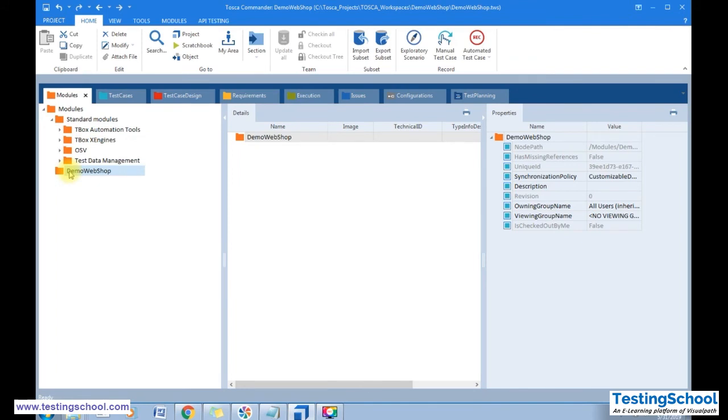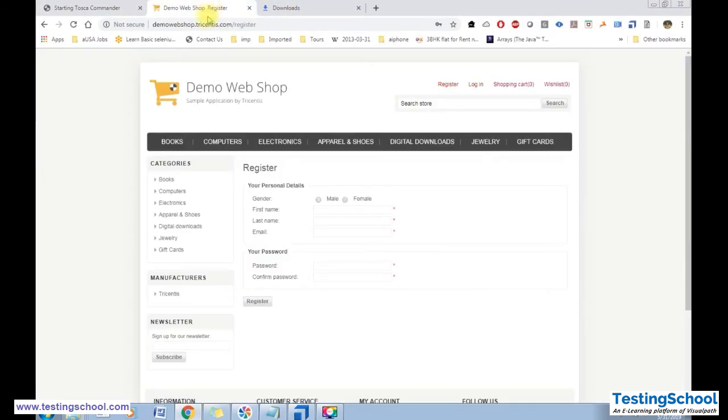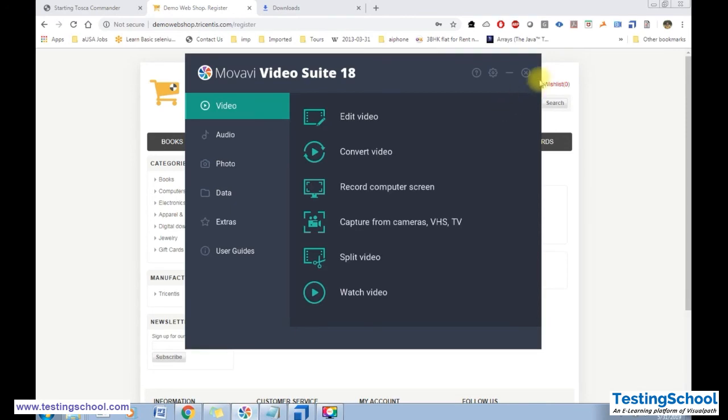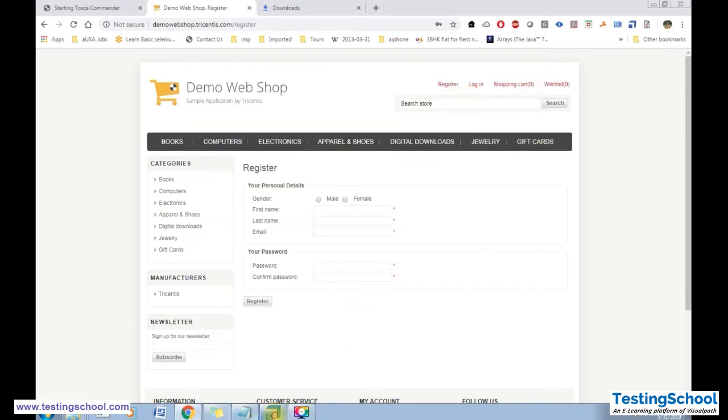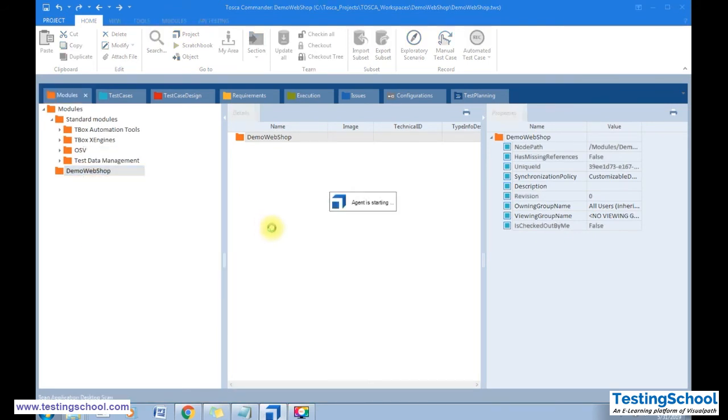I have already created a folder called demo web shop, and this is my new application. Now here I need to scan this. So I will try to scan this particular website. How to scan this application? Right click, scan application, desktop.